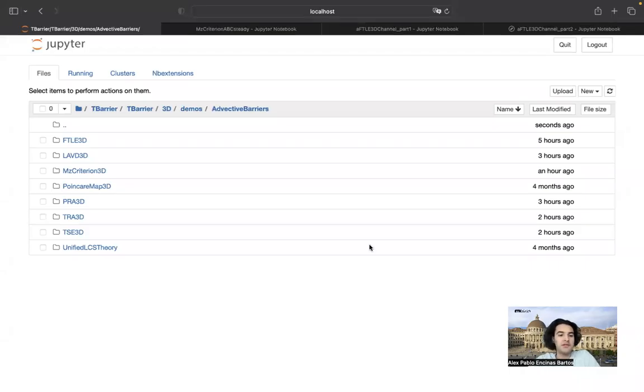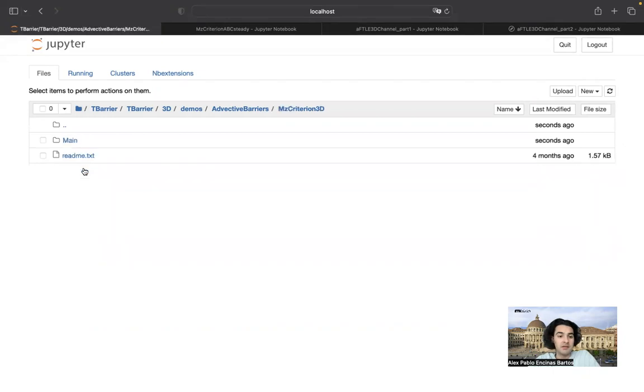Hi all again. So in this video, we introduce the computation of the Mz-Criterion on three-dimensional velocity data. The Mz-Criterion is a bit more involved compared to the two-dimensional case. The theory behind that is exactly the same. However, it is computationally a bit more involved because one needs to evaluate